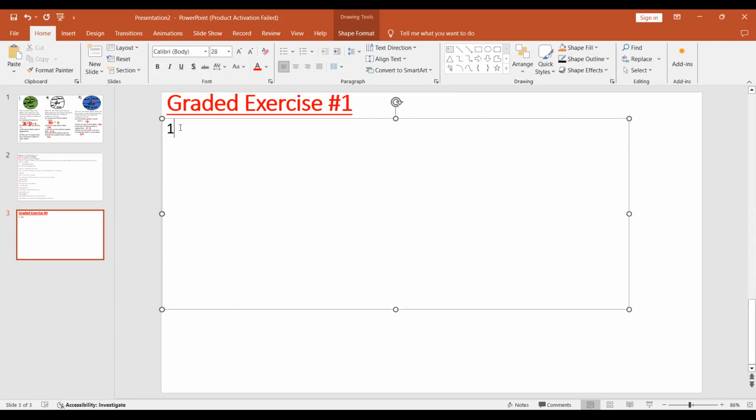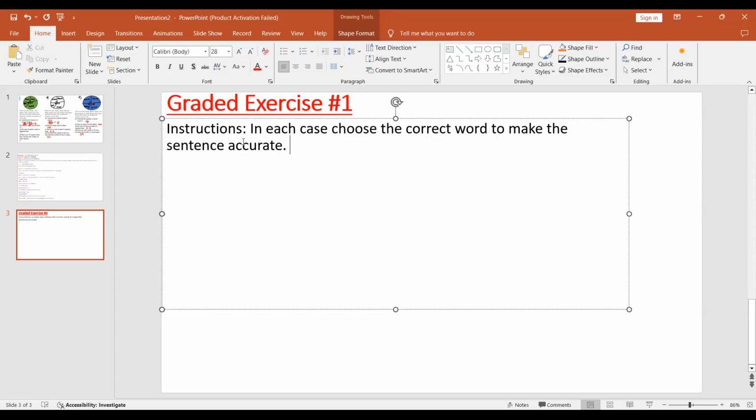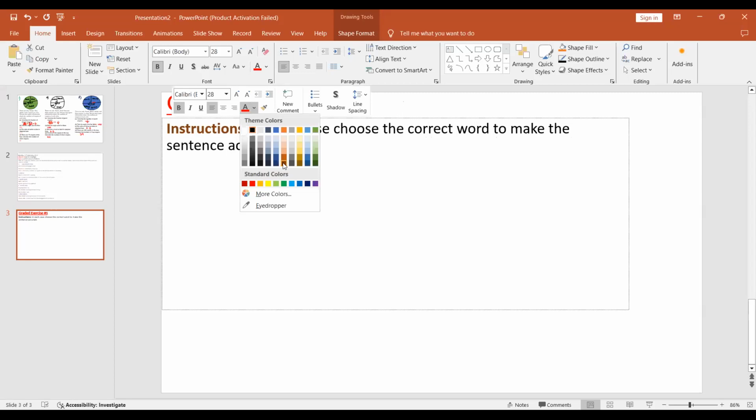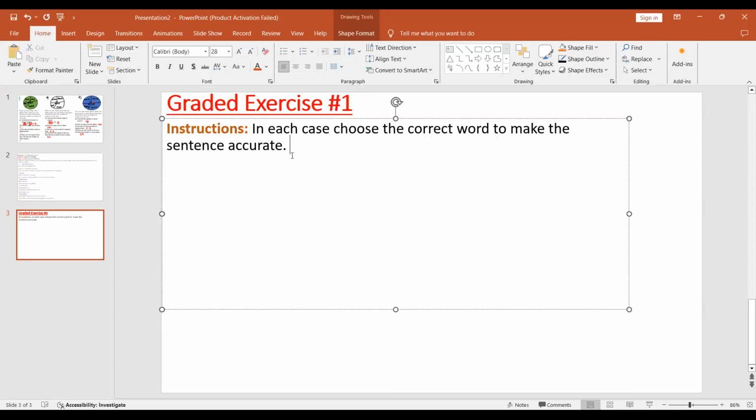Both, well, let me... instructions. In each case, choose the correct word to make the sentence accurate. So you want to choose the correct word that would make the sentence make sense. All right, make the most sense. All right, so